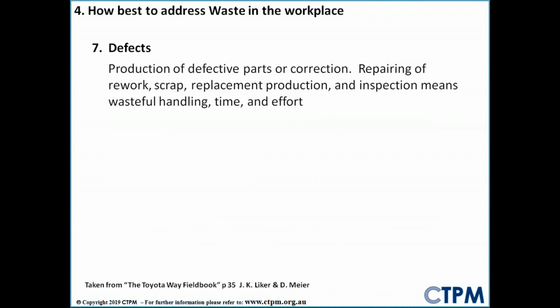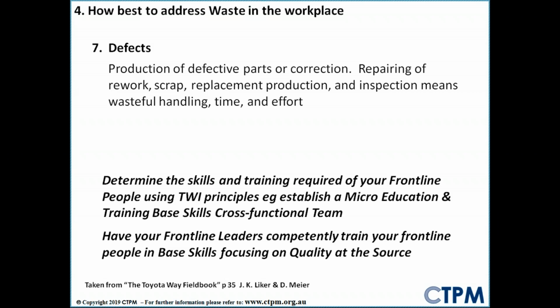And the number 7 one is defects, production of defect parts, or repairing, rework, scrap, etc. So in other words, getting perfect quality. Now, what we've found with perfect quality, and a good example of this would be New Zealand Sugar, where we did a lot of work with them some years back, and they came along and gave a great presentation at a couple of our forums, is to determine the skills and training required of your frontline people